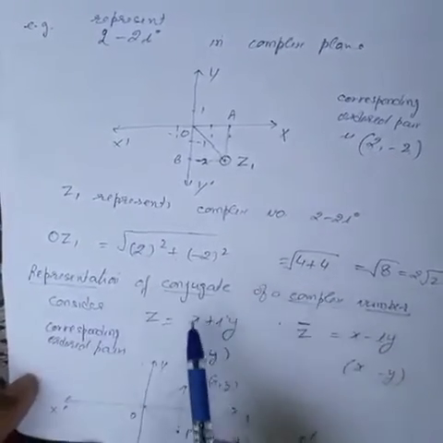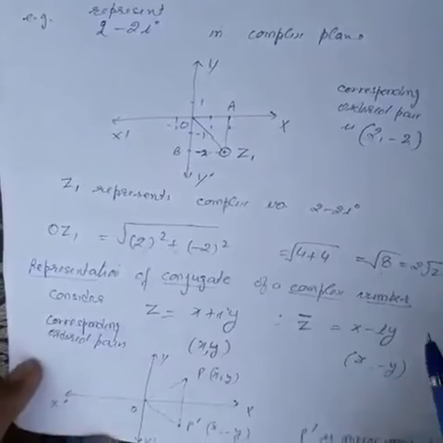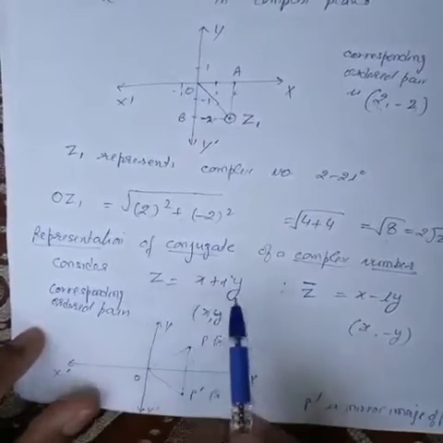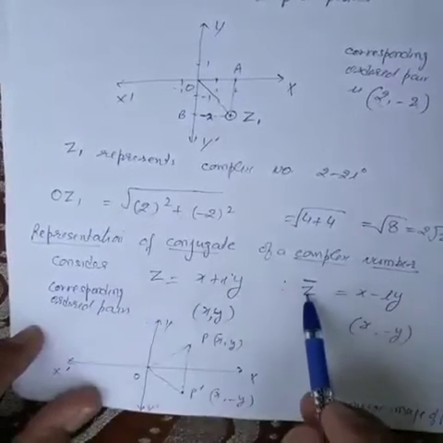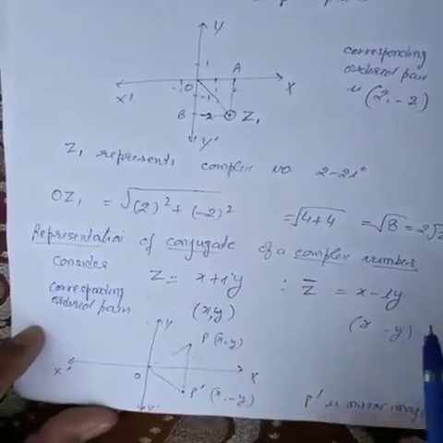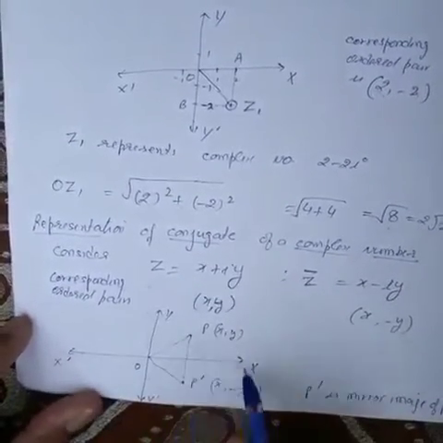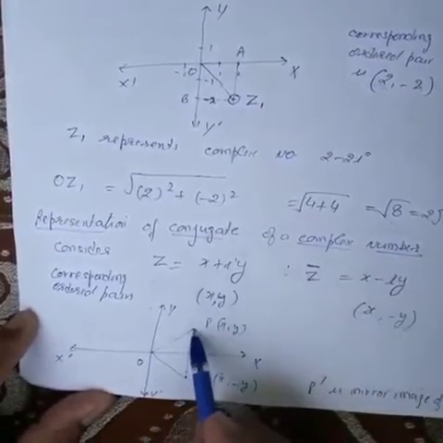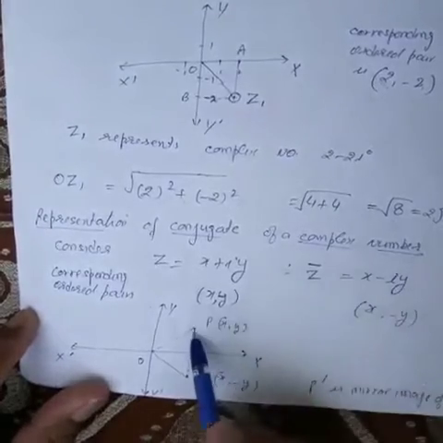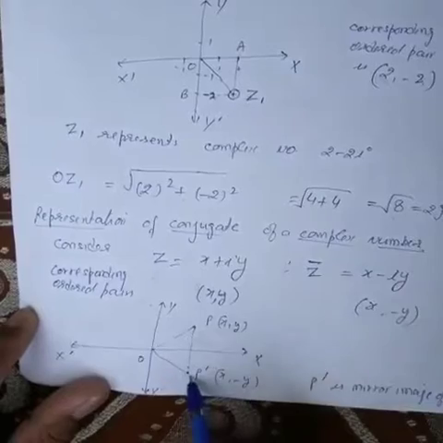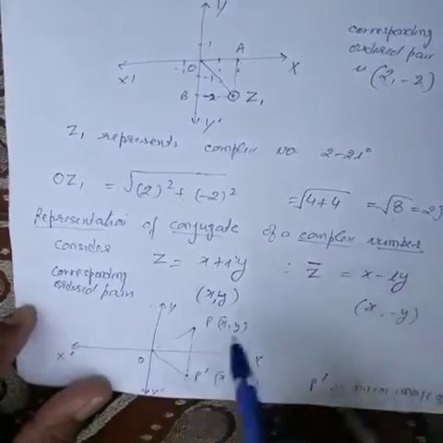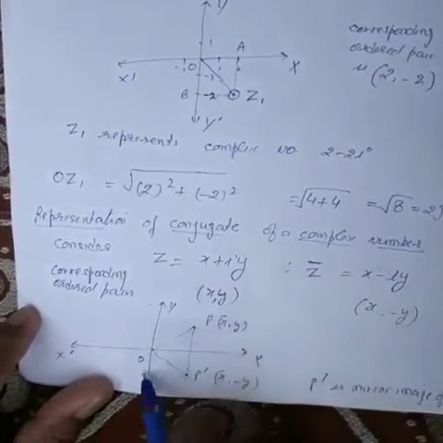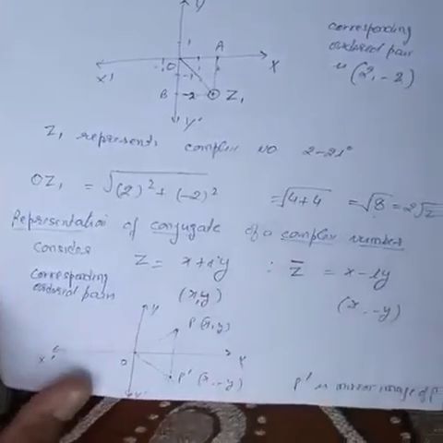Now the representation of the conjugate of a complex number in the complex plane. Consider a complex number z, x plus iota y. We know the conjugate of z is x minus iota y, and this is the complex plane, real axis, this is the imaginary axis. Represent x plus iota y, let point P be x plus iota y. Then what will x minus iota y be? It is point P dash, it will lie in the fourth quadrant. So P dash will be the mirror image of P. I hope it is clear.